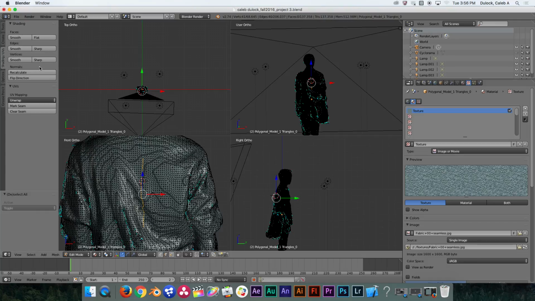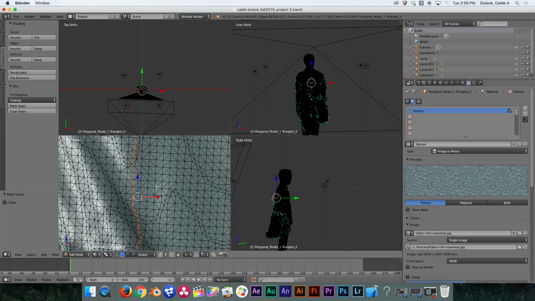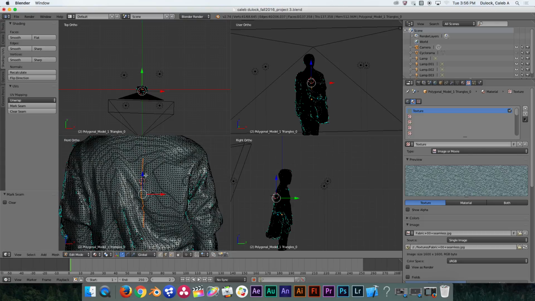After you do that, go down to where it says UVs and click on the button that says Mark Seam. You should notice the seam line you created now has a red highlight line across the top of it. That just indicates in Blender that you have created a seam line on your model in order to understand how to wrap a UV texture around the form. All right, so once we've marked the seam,